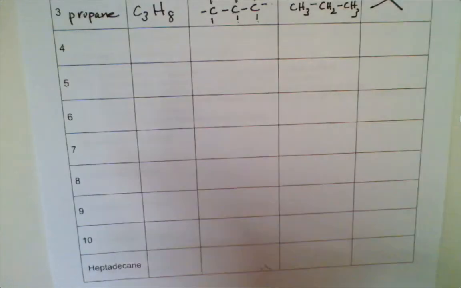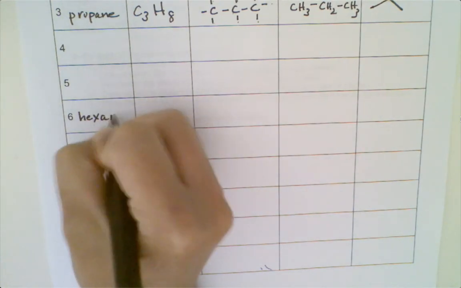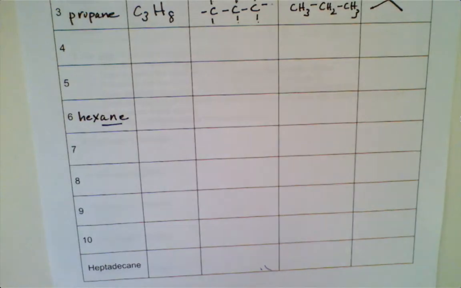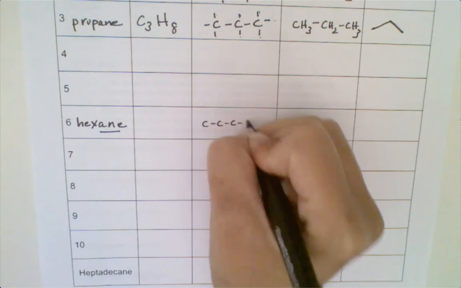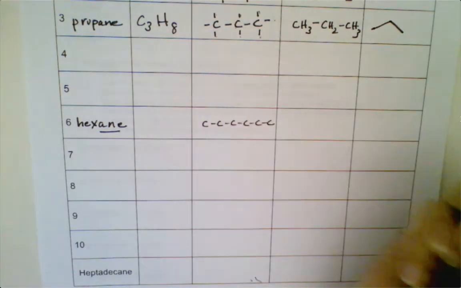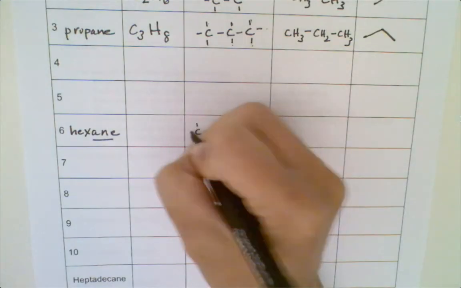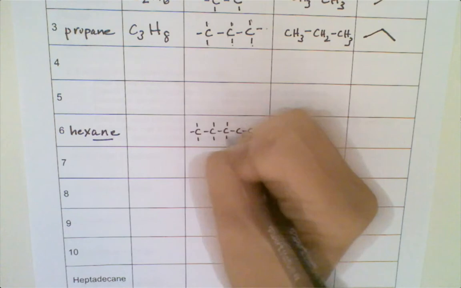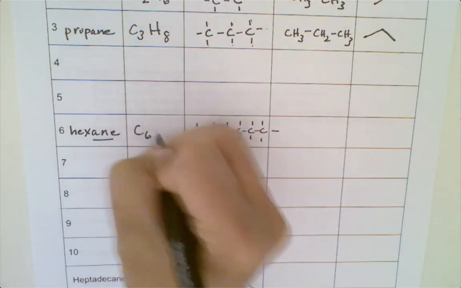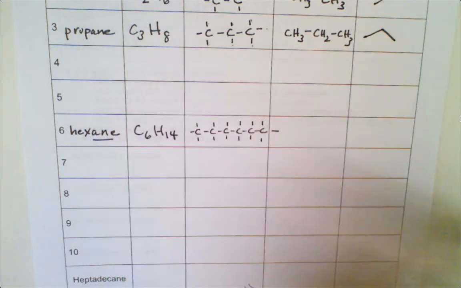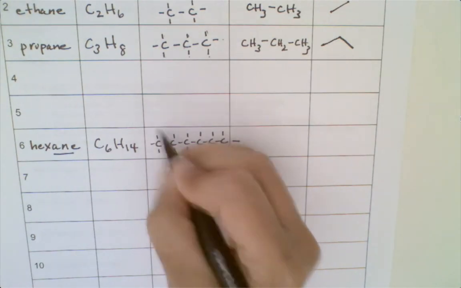Let's take a look at 6. So 6 is hex, and I'm going to write down ane at the end. What we'll do is we'll draw 6 carbons in a row. 1, 2, 3, 4, 5, 6. We're going to fill in the remainder hydrogens. 1, 2, 3, 4, 5, 6, 7, 8, 9, 10, 11, 12, 13, 14. So we have C6H14. When I do the condensed version, I'm going to take a look at this first carbon, and we see